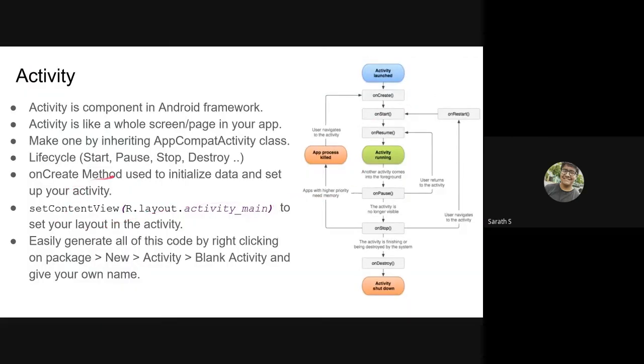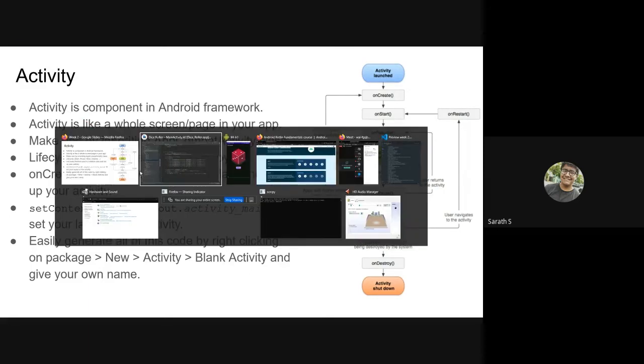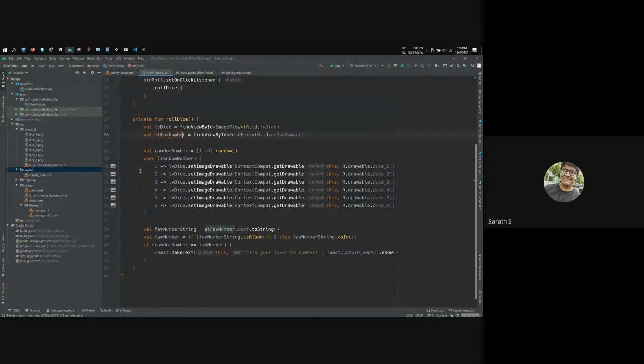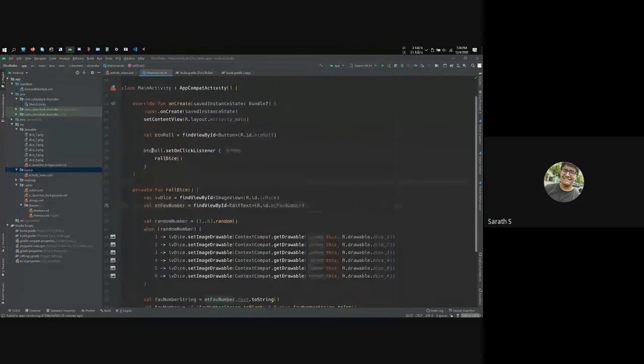So yeah, I mentioned life cycle. I mentioned that we want to use onCreate, use a layout, and then if you're listening to this, you would have thought, why should I go through all this complexity for all this boilerplate? You're usually typing all of this again and again and again. So this is pretty useless, right? Android Studio actually simplifies this.